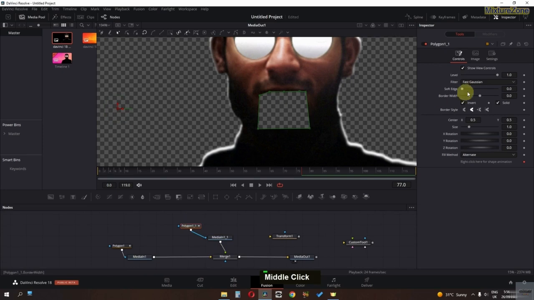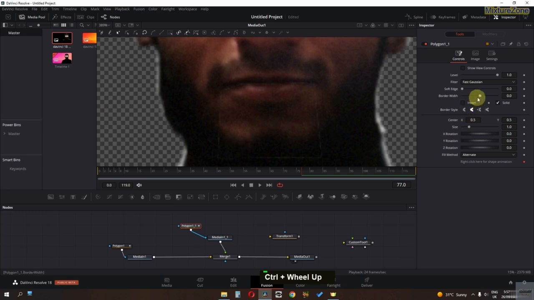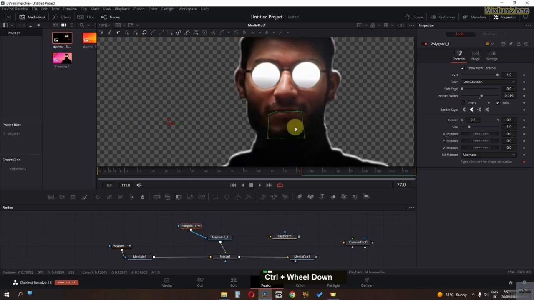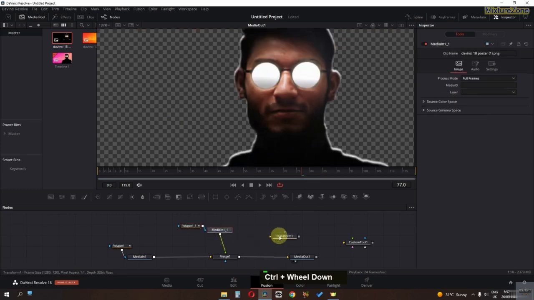Now guys, select the polygon, uncheck the invert, and uncheck the show view controls, and I'm going to adjust the border of this mask. Now we are good to go. Now let's connect the transform node to this node,